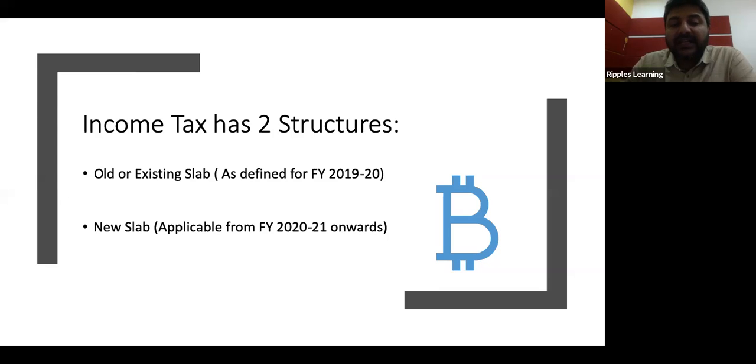So technically there are two slabs currently. One is old or existing slabs, the existing slab, which is applicable for this year. From the next financial year, which is from April 1st, 2020, you will have a choice of a new slab, and I would be talking about that as well, right? And the slab that would be applicable for the new financial year from April 1st, that would be assessed in 21-22, right? Sometimes this creates confusion, but just for a basic understanding, remember that assessment year